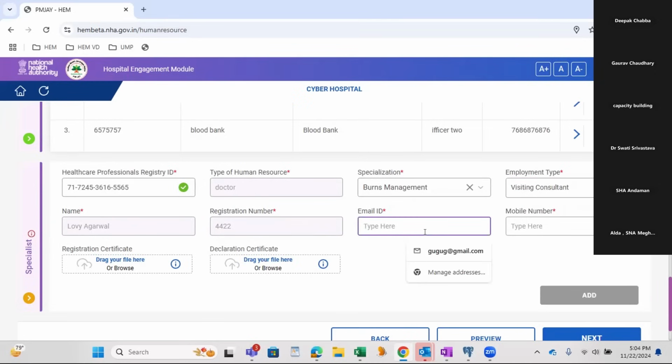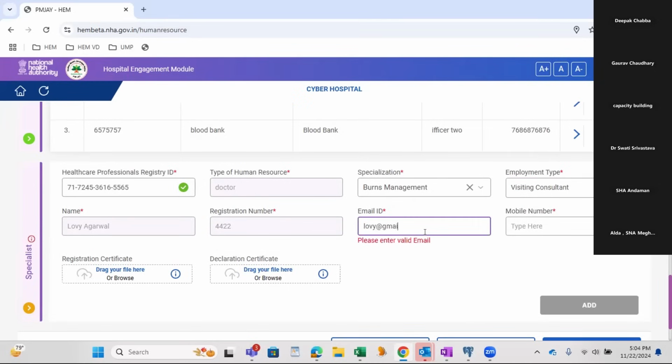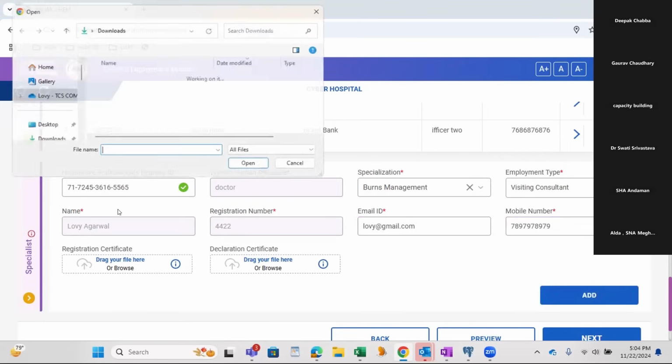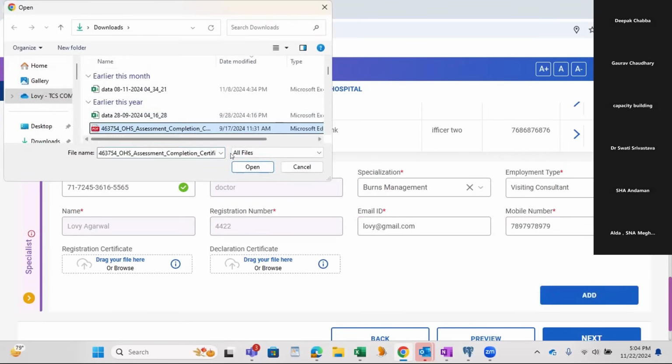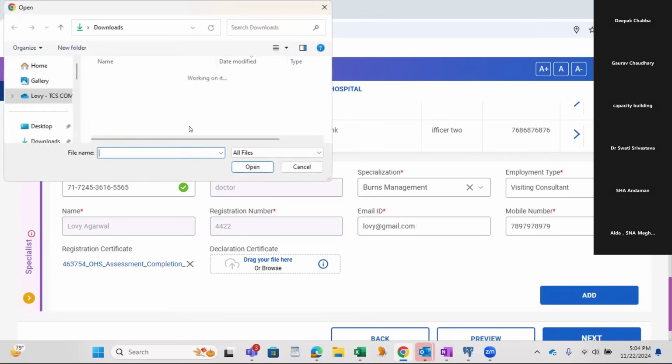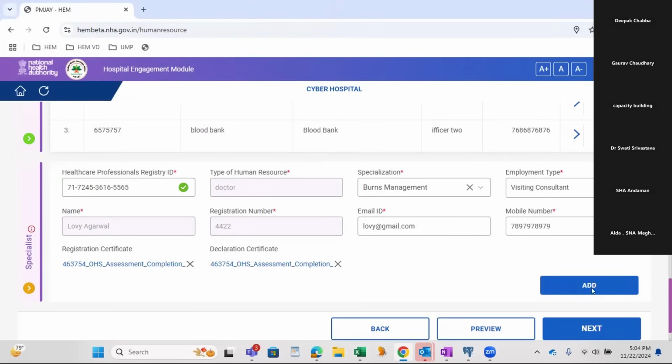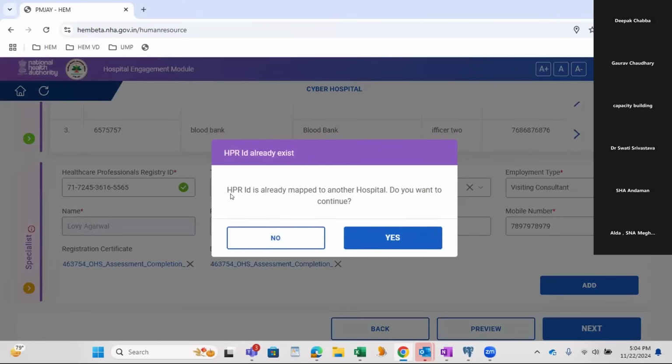I'll enter the ID, mobile number, and registration. The moment I enter, click on add. If you click on add in this section, it will say that this HPR ID is already mapped to another hospital.